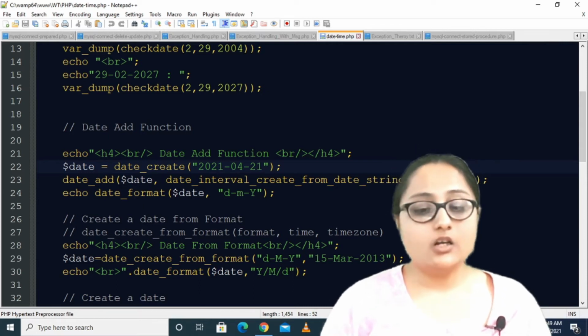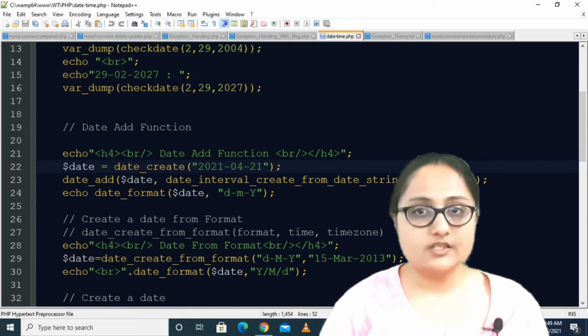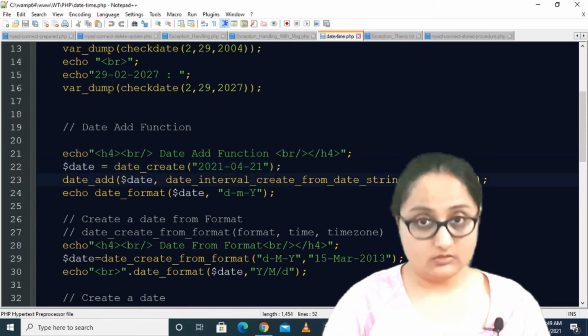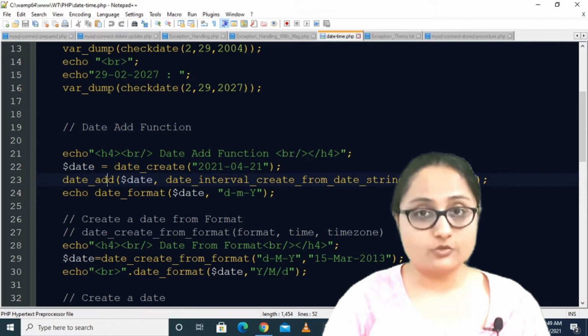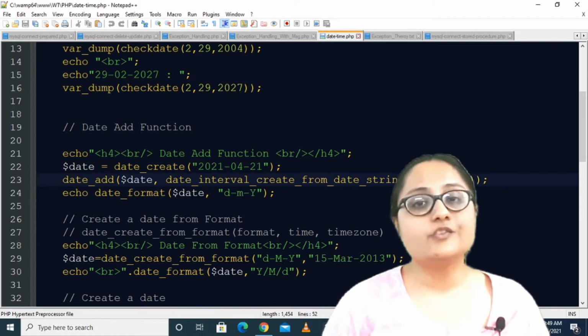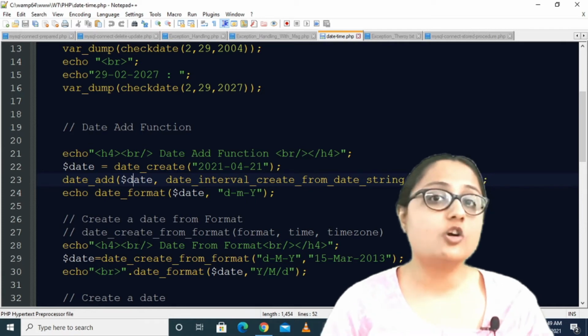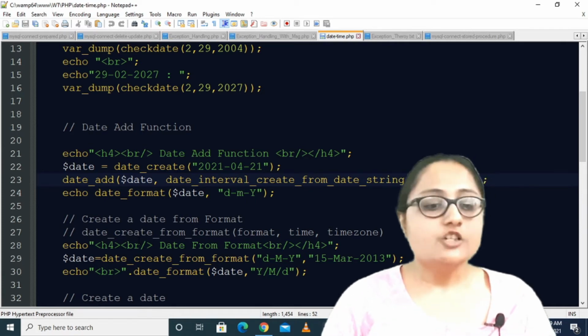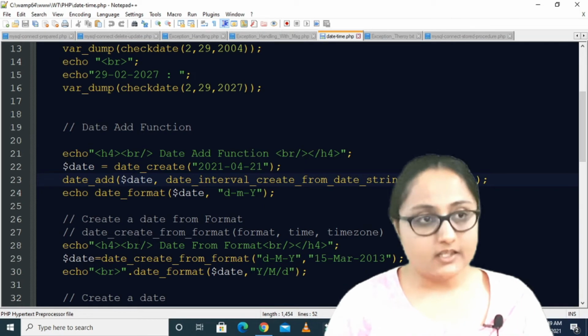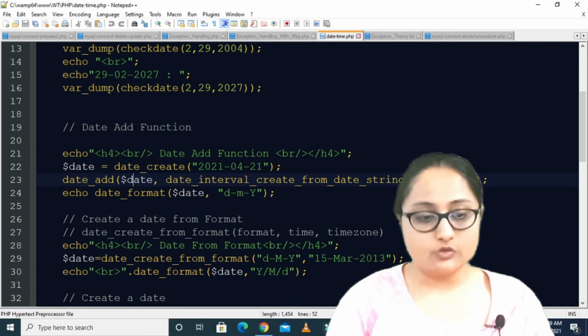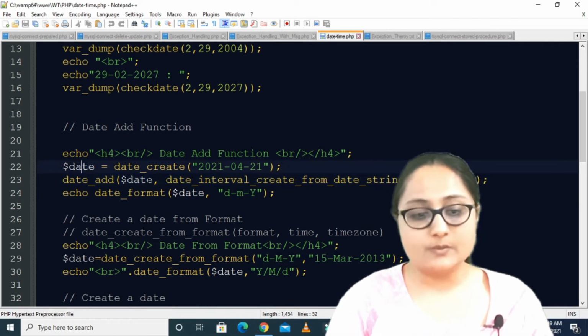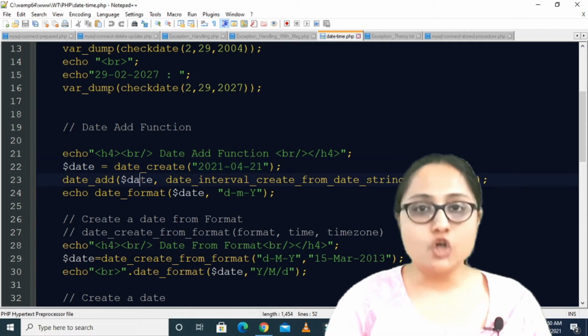Now for adding the date, what is the function that I am calling? That is date underscore add, and inside that the first parameter that you have to specify is the date in which you want to add some days. So because I have created the date in this particular variable $date, I am specifying the first parameter $date.